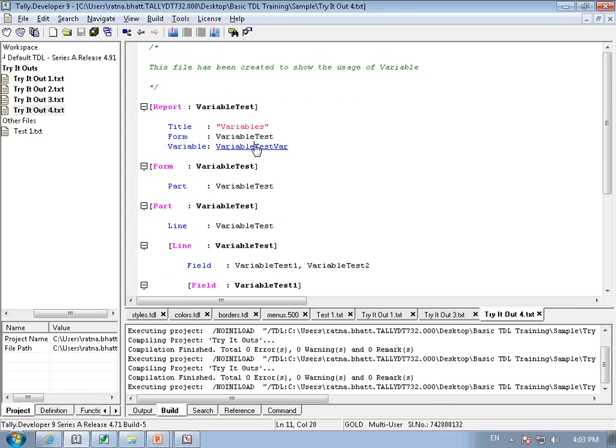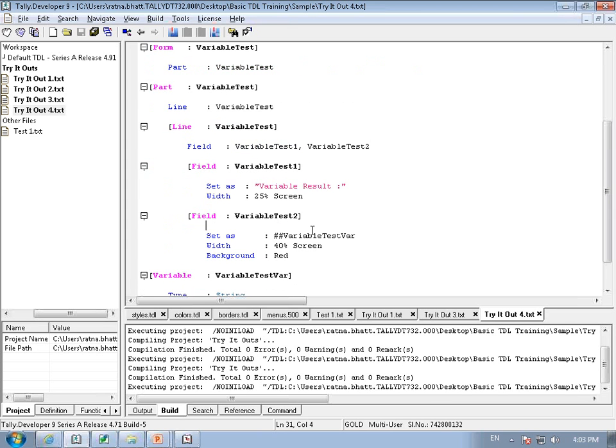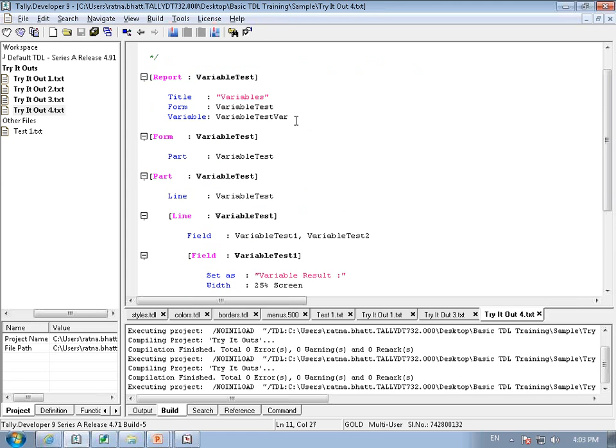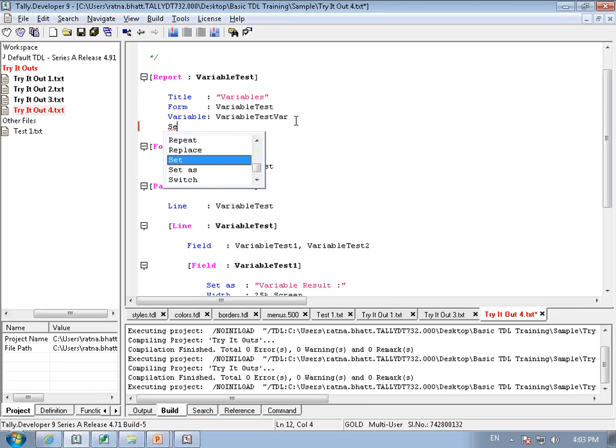At report definition, I have only declared it and have used it. Now, at this report level, I say set. I give my variable name. The reason I am not mentioning that it's a variable is because set only takes a variable name. And I change this to